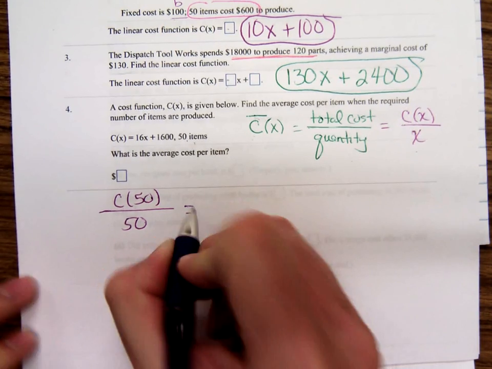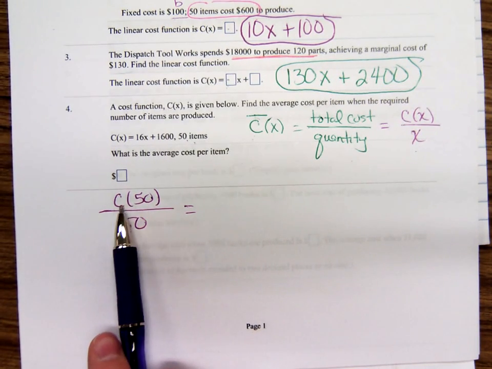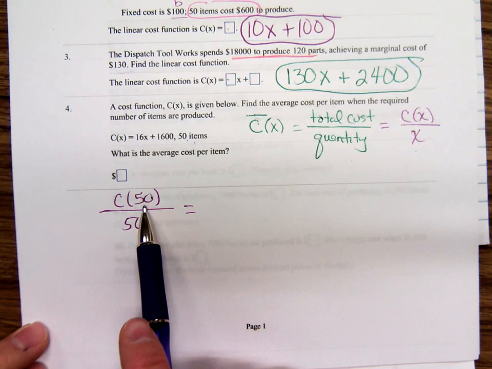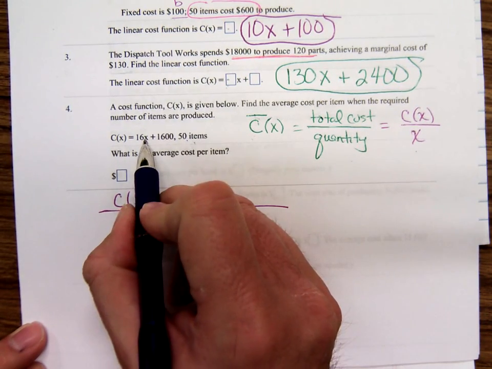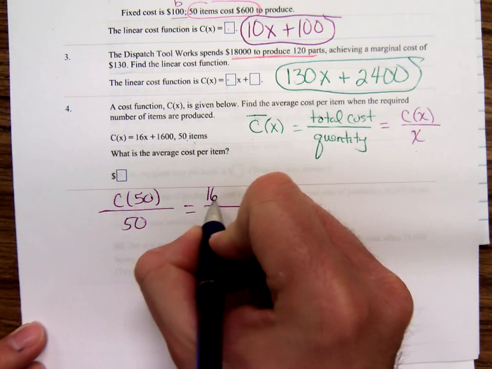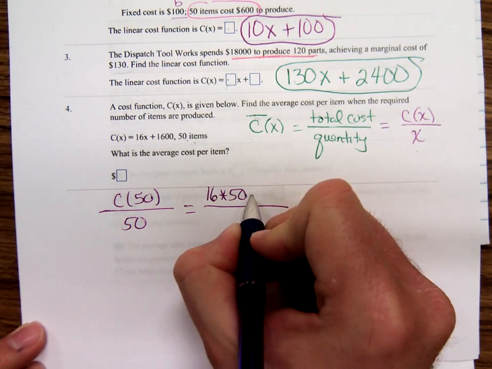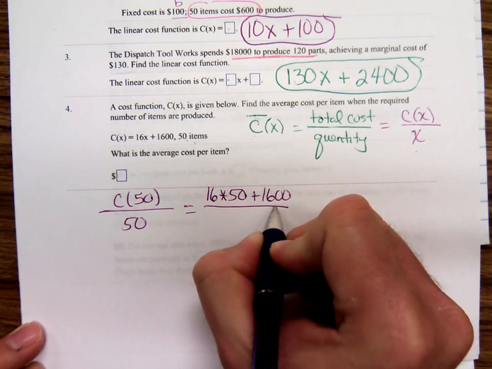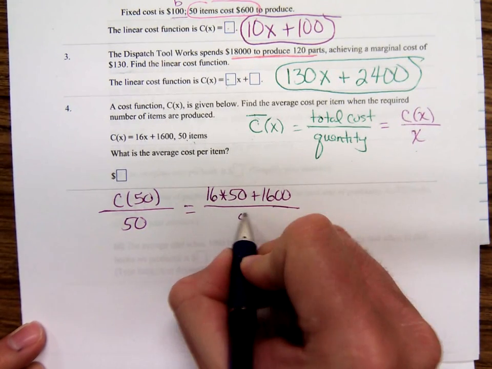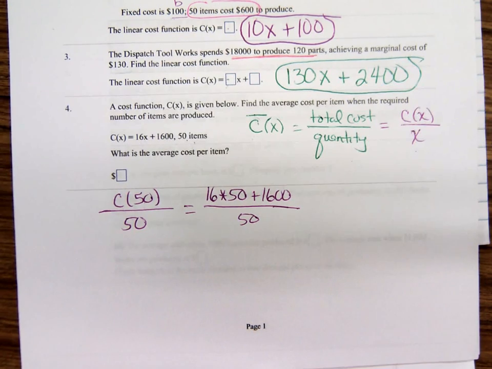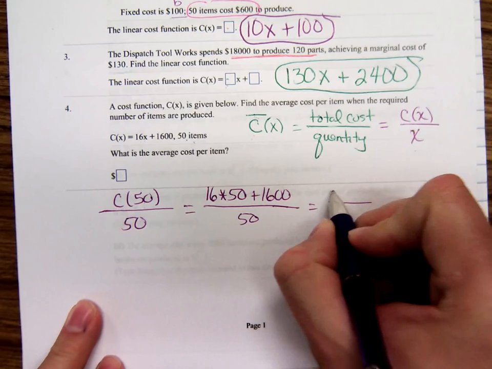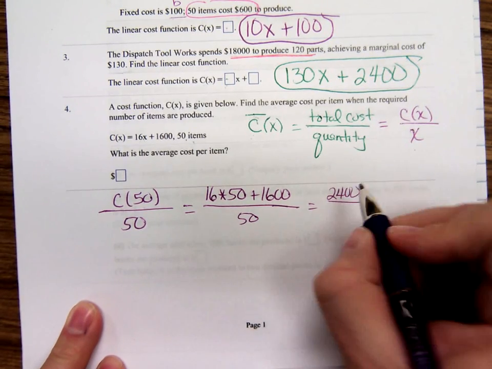Now remember what this notation means with functions. Whatever number's in the parentheses, you plug that in for X. So I'll show that. You plug this number into the cost function, 16 times 50 plus 1,600, and then divide by 50. So what's 16 times 50 plus 1,600? That would be 2,400 over 50,